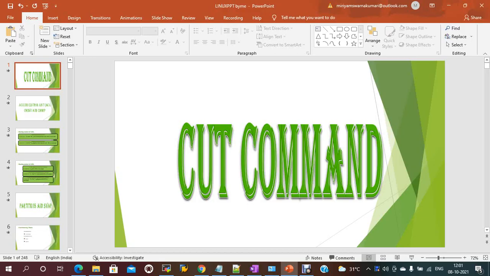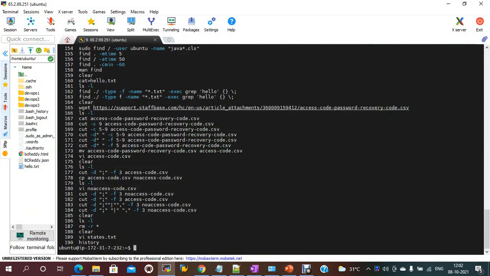Today we are going to discuss the cut command. Using the cut command, how to extract whatever data we require, those things we will discuss. The syntax of the cut command is like